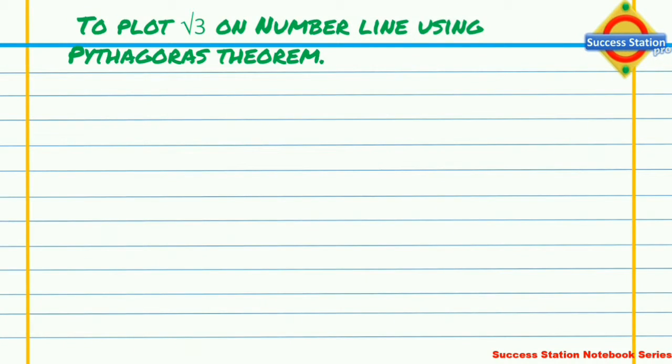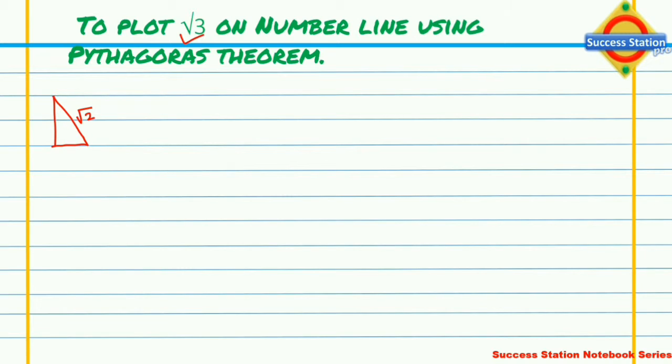Hello guys, so in the previous video we learned how to plot root 2. Now we learn how to plot root 3. Root 3 is also an irrational number, so this also requires a different method, which is the Pythagoras method, using the Pythagoras theorem. So basically what we did in plotting root 2 was we made a right angle triangle,